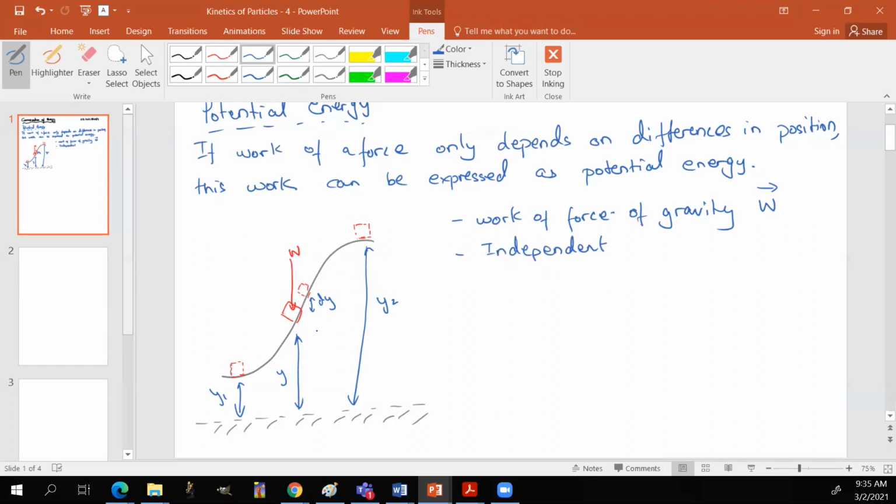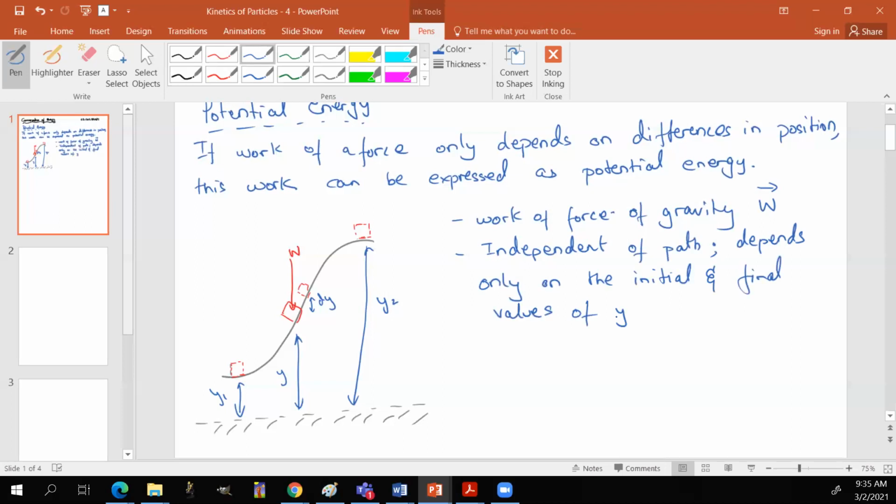All it was in this change of position. So it was independent of path, and it depends only on the initial and final values